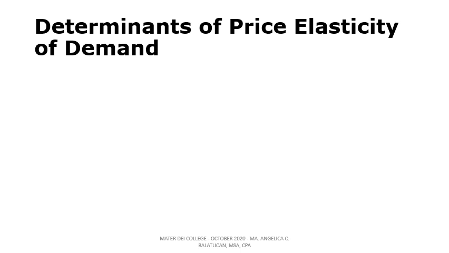So what are the determinants of the price elasticity of demand? We have first the availability of close substitutes. The more substitutes that are available, the more elastic is the demand for a good. The demand for a class of goods, for example, a soft drink, is usually more inelastic than the demand for a specific brand of a good. So a firm may try to differentiate their product to make the demand more inelastic.